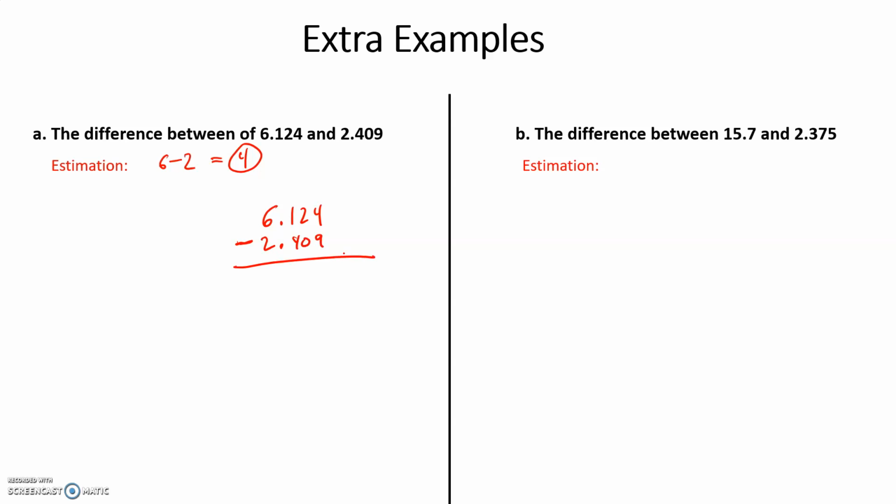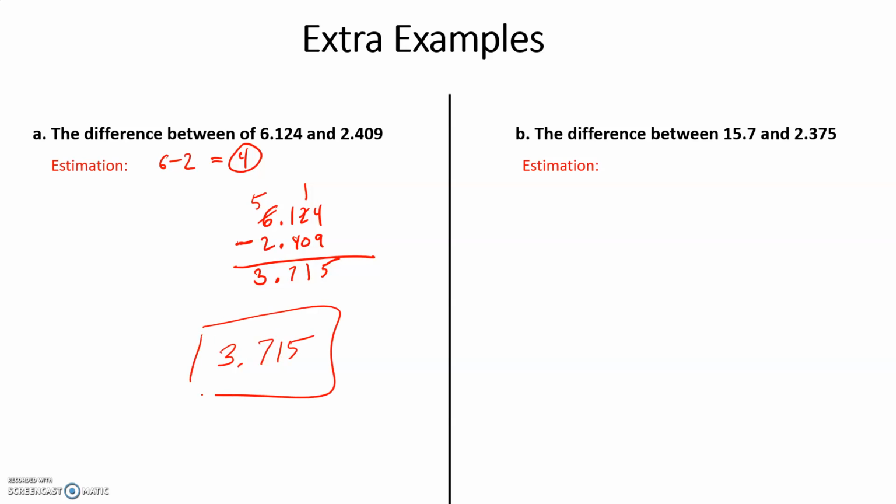14 minus 9 is 5. That becomes a 1. 1 minus 0 is 1. 11 minus 4 is 7. And then it becomes a 5. 5 minus 2. Oh, I forgot to drop the decimal down. Don't forget that. 5 minus 2 is 3. So my answer is 3